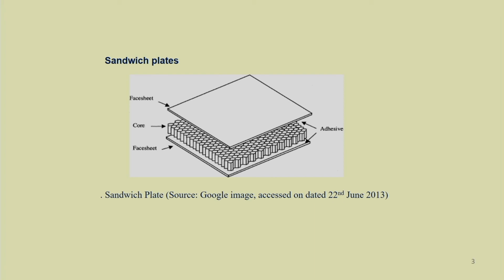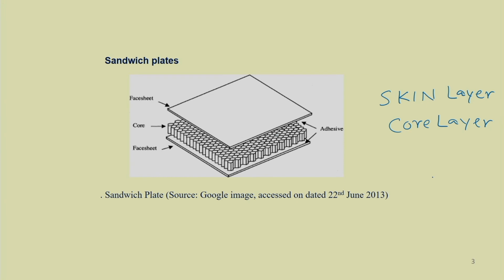In a simple sandwich plate, there are 3 layers. The top and bottom are known as skin layers, and the middle one is the core layer. Generally, if a beam or plate is subjected to bending, the upper and lower layers are subjected to more stress. So, more material or thick material can be placed at the top and bottom skins, and the middle part can be placed with some lightweight material. In this case the core material can be a lightweight material.